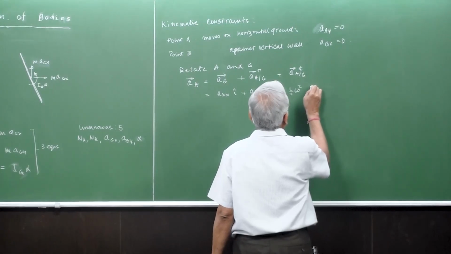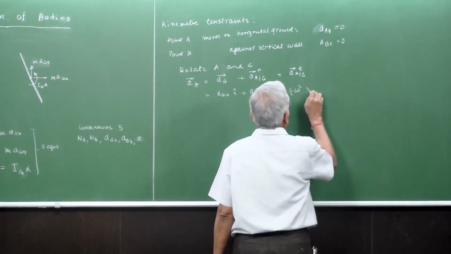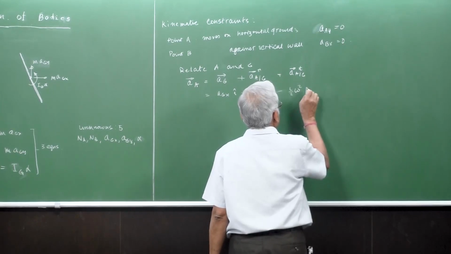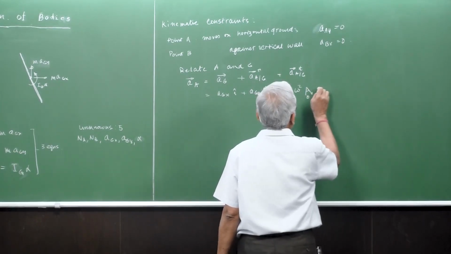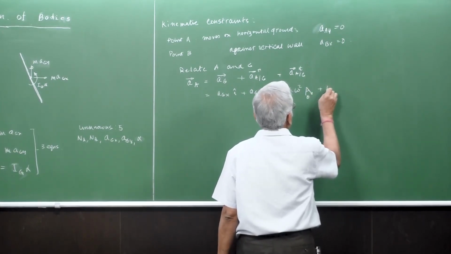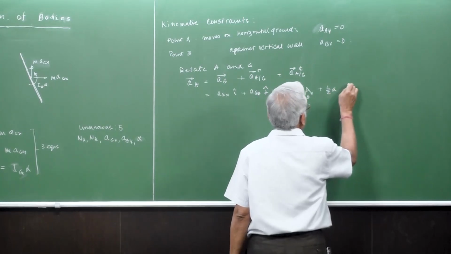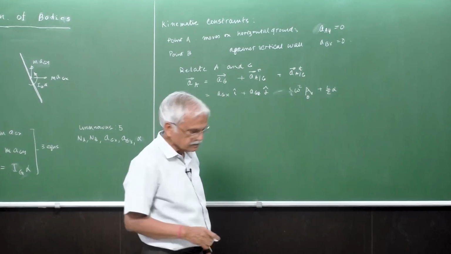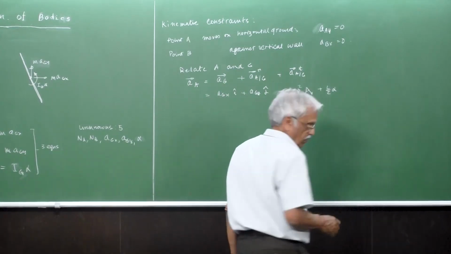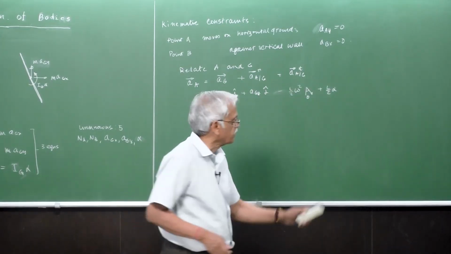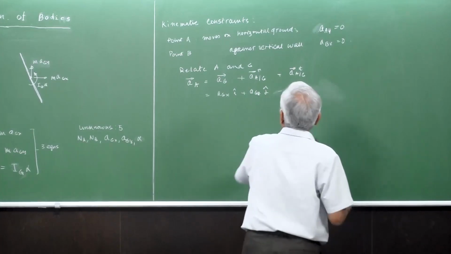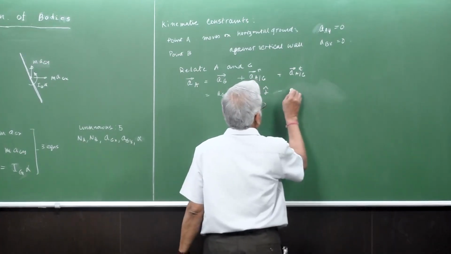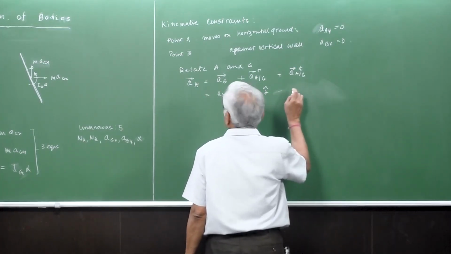So we can say like this, and then L by 2 times alpha, and here we can write it L by 2 times... or if you want everything in terms of A, I and J, we can also do that. It's minus